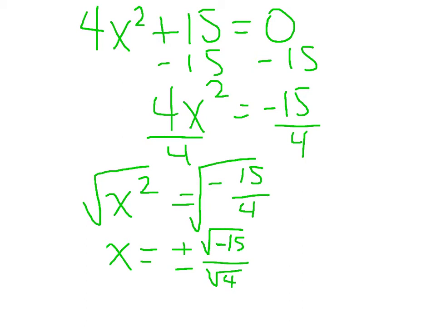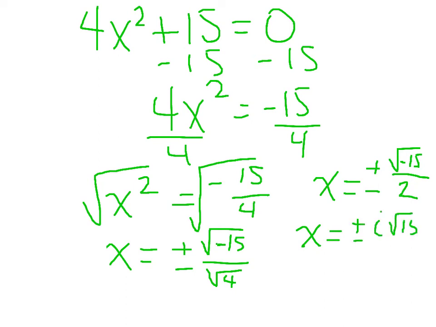I do know that the square root of 4 is a plain old positive 2. So right now I have x equals plus or minus the square root of negative 15 over positive 2. And then I need to recognize that if I have a negative underneath the square root, the square root of negative 1 is the imaginary number i. So I'm going to have x equals plus or minus i times the square root of 15